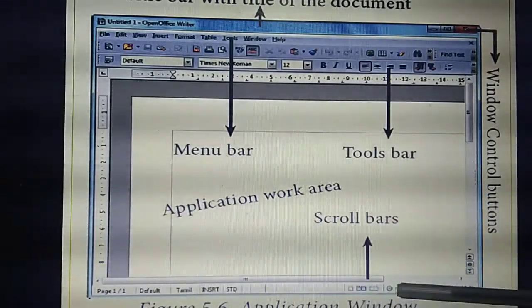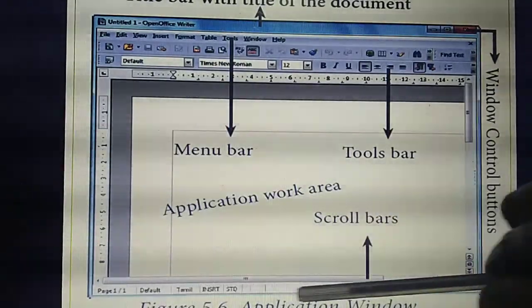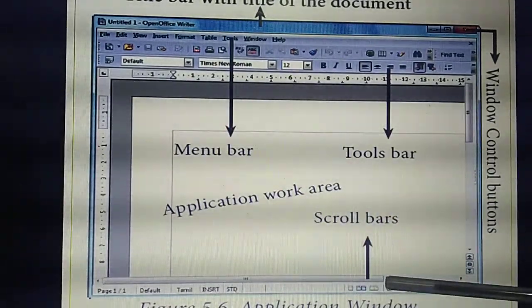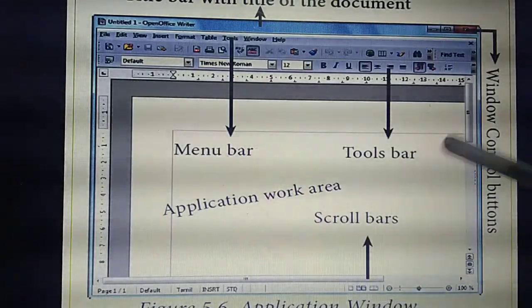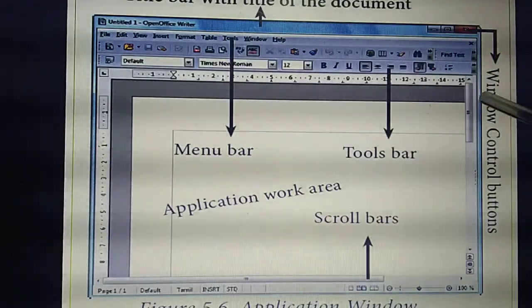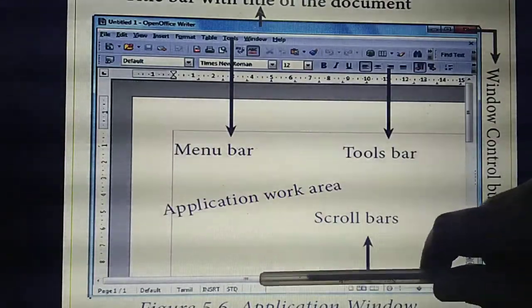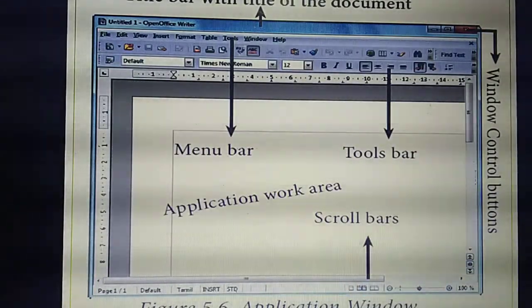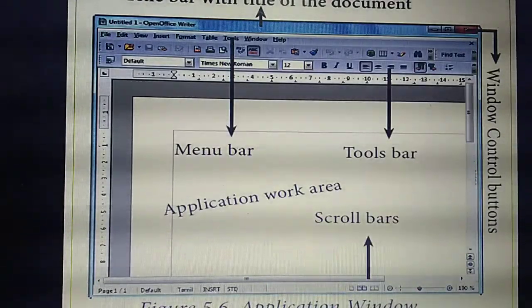You can move this window here and there. Some dark gray portions are shown with arrows. There are two scroll bars, horizontal and vertical. If you press and drag here, the document will move up and down. The scroll bar at the bottom, if you press and drag, moves the document from here to there.